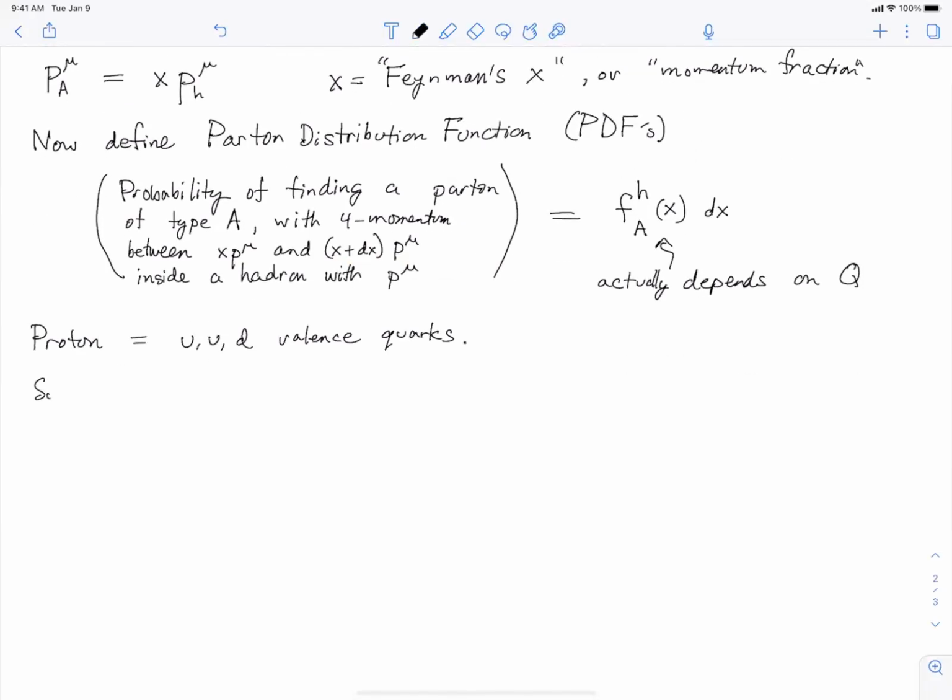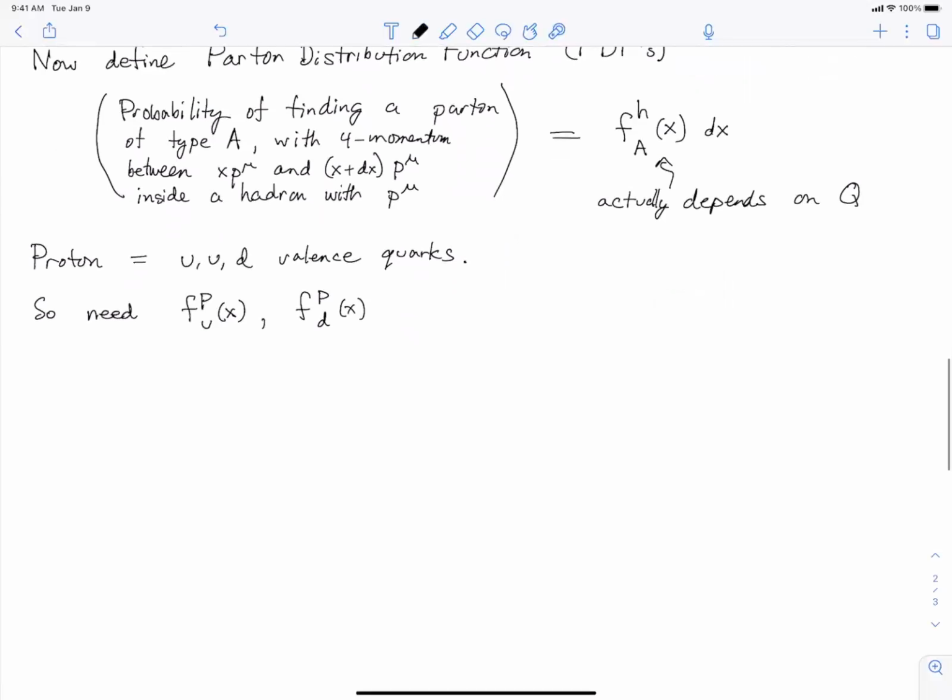In any case, what we want inside the proton is the probability of finding an up quark with a fraction of the momentum x, and the probability of finding a down quark with the fraction of the momentum x. Okay, but we also need